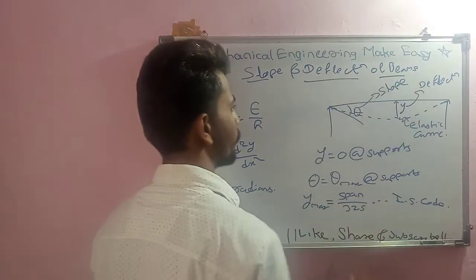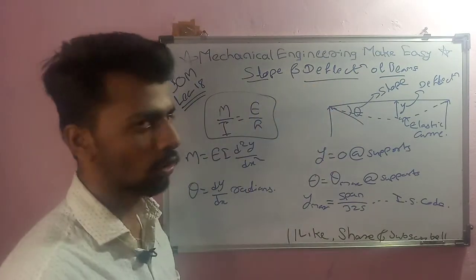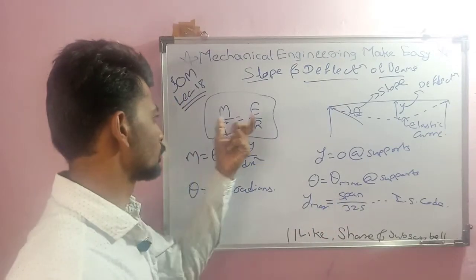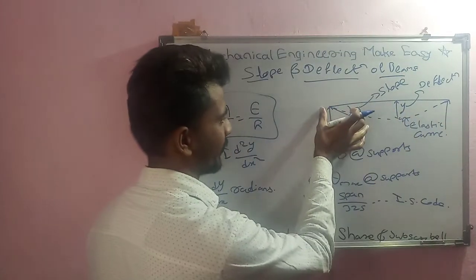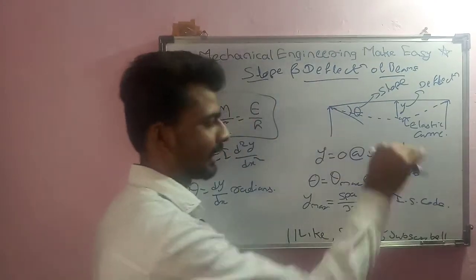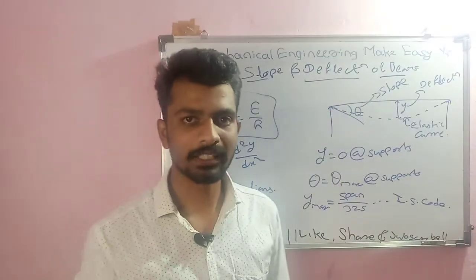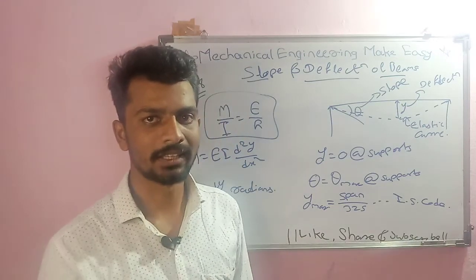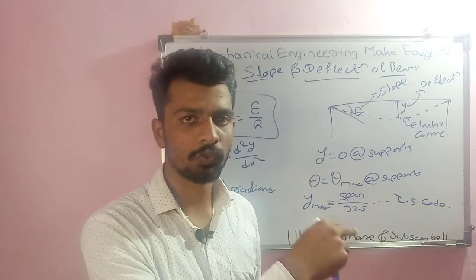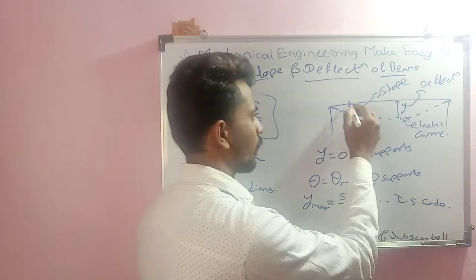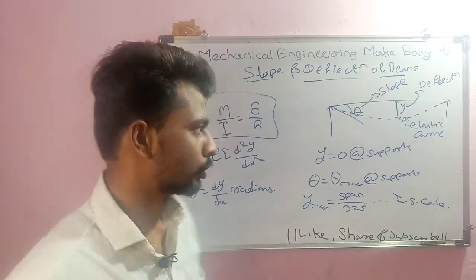So, slope and deflection of beams. As we have studied in the previous lecture some concepts regarding the flexural formula, from that we have taken these two terms. This is one basic diagram showing what exactly slope and what exactly deflection are. If there is a beam that is supported, then after applying the load, the beam will deflect by some amount, and that deflection is nothing but y. Because of that deflection one curve will form, and that curve will have some slope. That is the slope of the beam and the deflection of the beam, and that we are going to calculate.